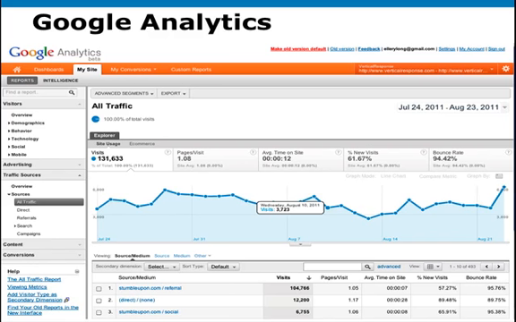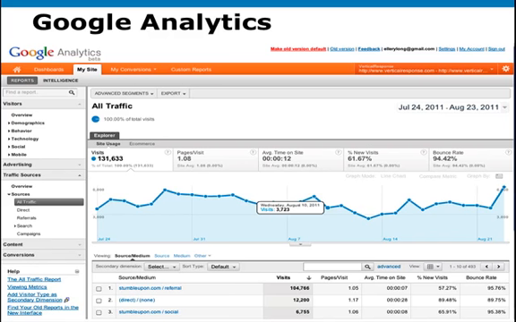And Google Analytics, people don't really think of it as social all the time. I'm sure you're using it for your business and other aspects, but it is a really good social measurement when it comes to looking at traffic. Google Analytics will tell you where your traffic is coming from, if it's coming from Twitter, from your blog, from Facebook, LinkedIn, or anything else. And this is a great awareness measurement.